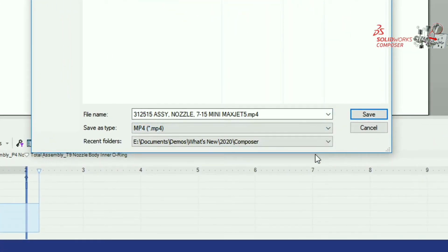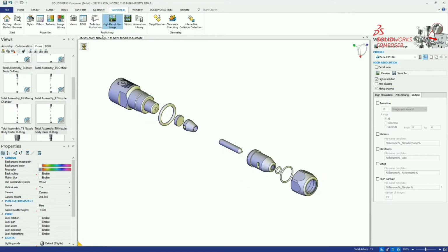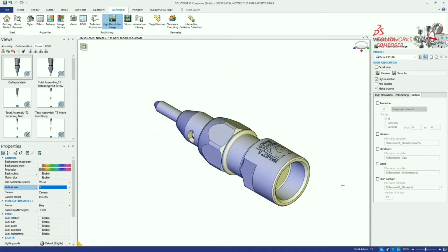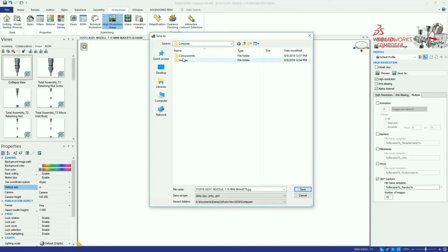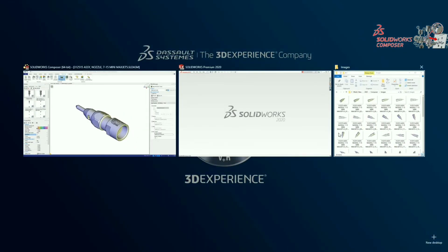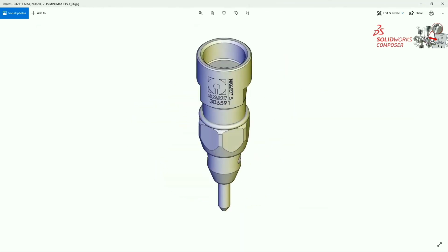Even though animations can have a big impact on your audience, still images are often a necessity. SolidWorks Composer 2020 now provides the option to publish 360-degree views of your model in a series of raster or vector images. This makes it faster than ever to publish images where multiple view angles are needed when reviewing the images with stakeholders. So SolidWorks Composer 2020 helps you to eliminate the waste in your process by leveraging more information from your CAD model and automating content publishing tasks.